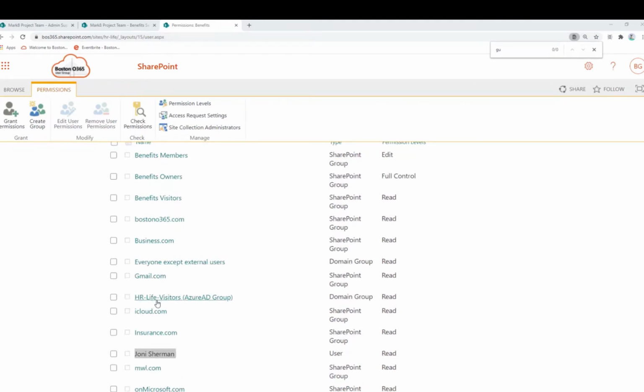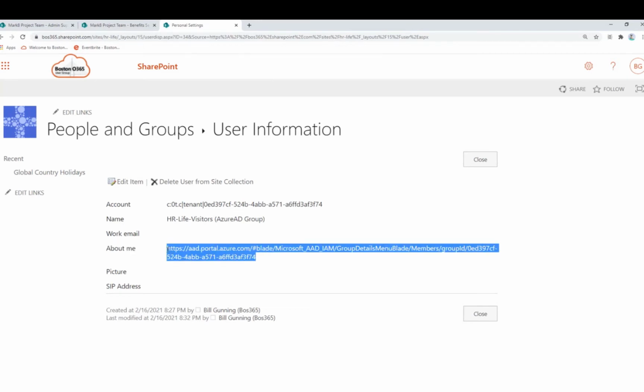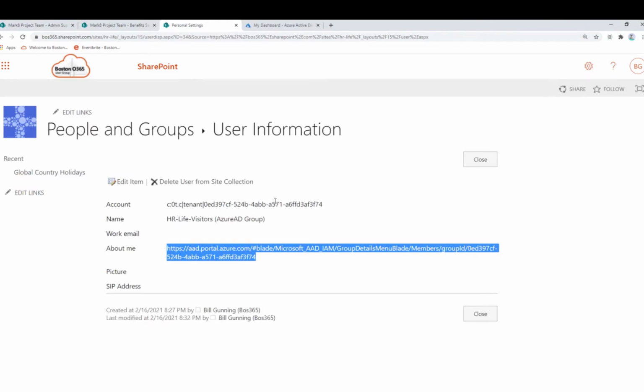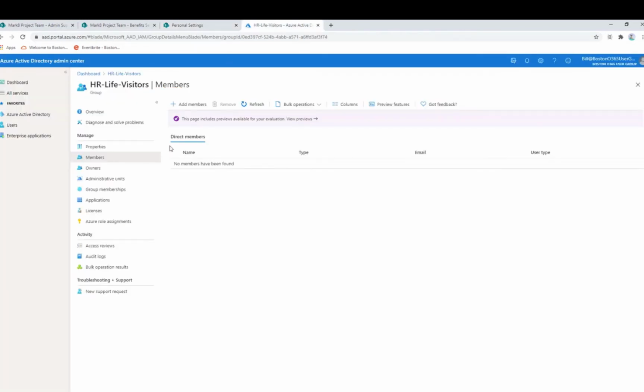When I add an Azure AD group to this, I'm going to click on this. What I like to do is use PowerShell to put the group in, and then I set the description field. This actually says about me, but in PowerShell, it's called description. So I like to set the description field with the URL to the members group on AD. So that way somebody can go to Azure AD and see where that group is. So here I added an Azure AD group. This is the name of the Azure AD group. I then added this just to make it stand out. This is an Azure AD group. And then I added the URL where on our Azure AD you can actually find where that group is. So that's how I like to do it.